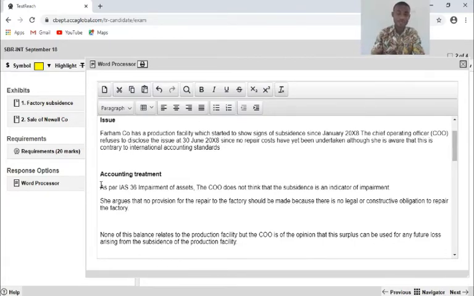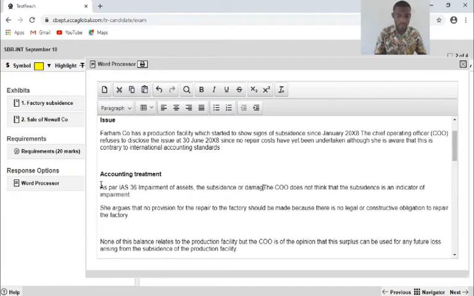So what I will be doing is that as per IAS 36, impairment of assets, the subsidence or the damage is an indicator of impairment.